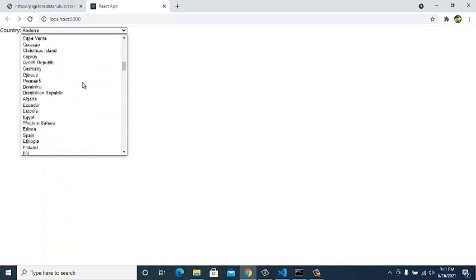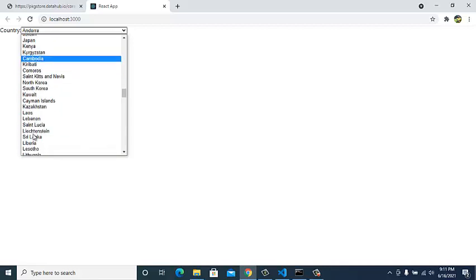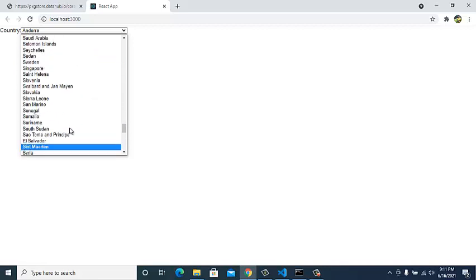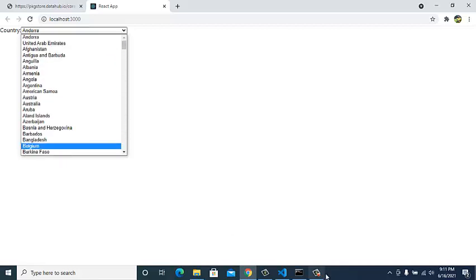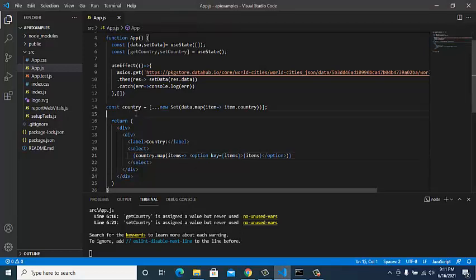But you can see they are not arranged alphabetically, like after EW, GS is coming. So we have to arrange it alphabetically. It's a simple array of strings which is coming, so we have to use the sort method over here.